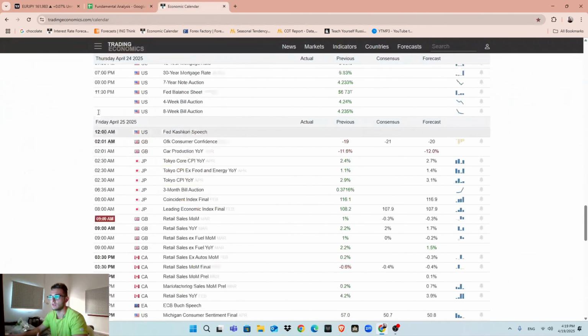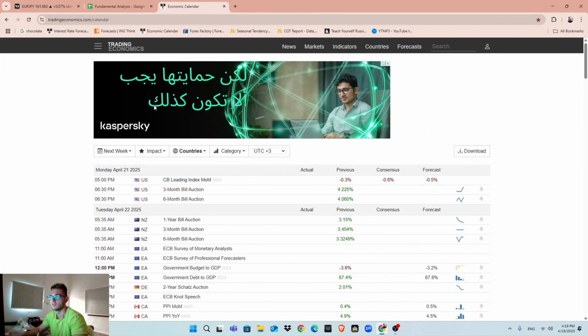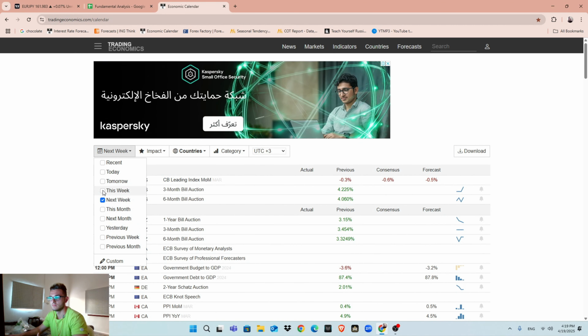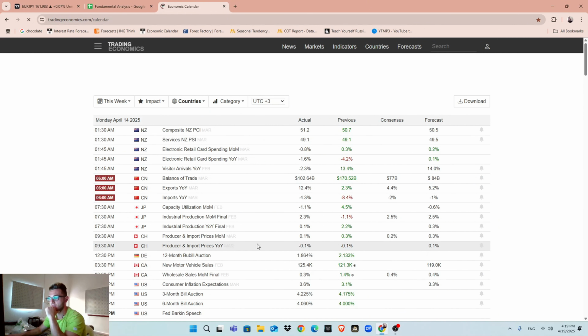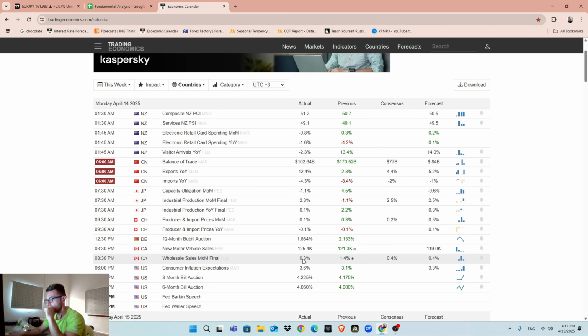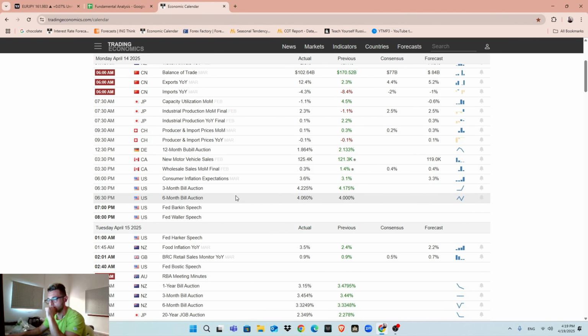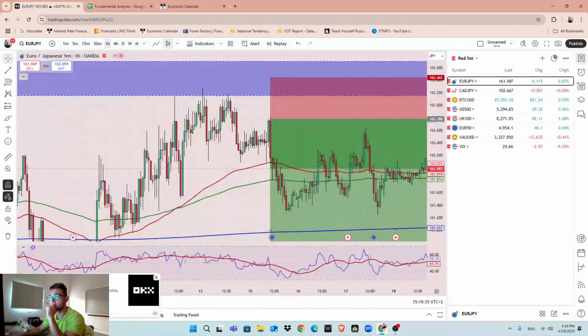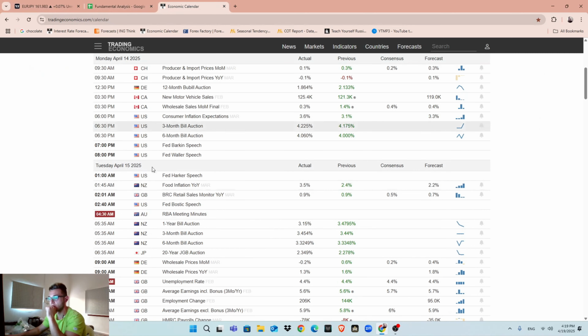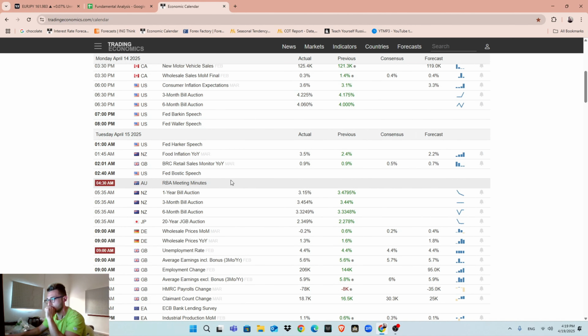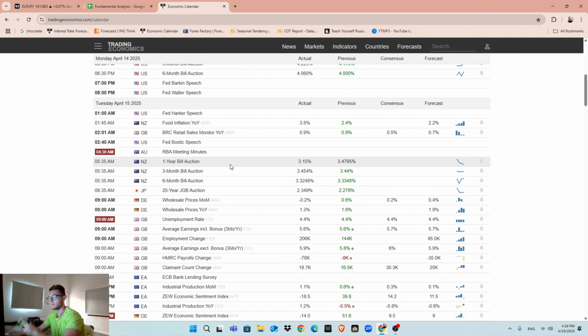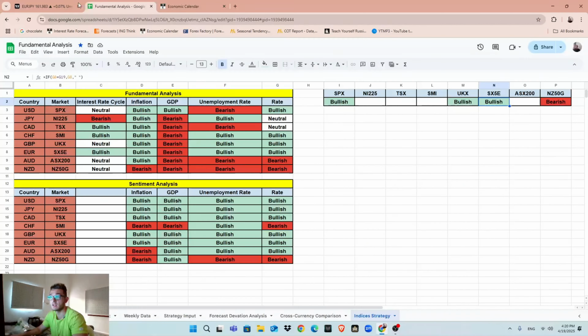If we go to the economic calendar, this is the previous week. My entry was on Tuesday. As you can see right here, this is Germany, which is in the Eurozone, and it came out very negative. So I anticipated a small retracement on the EURJPY in order to take my trade,